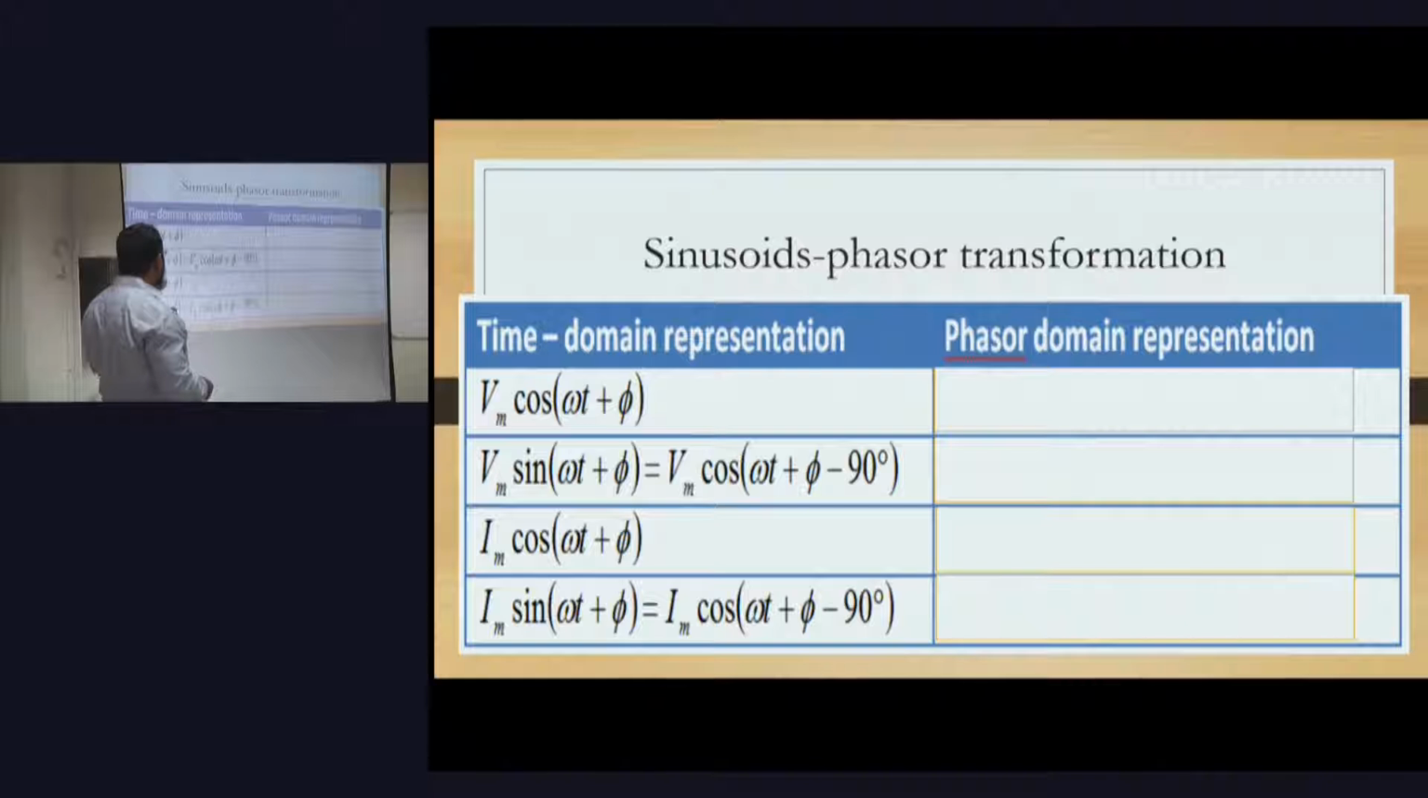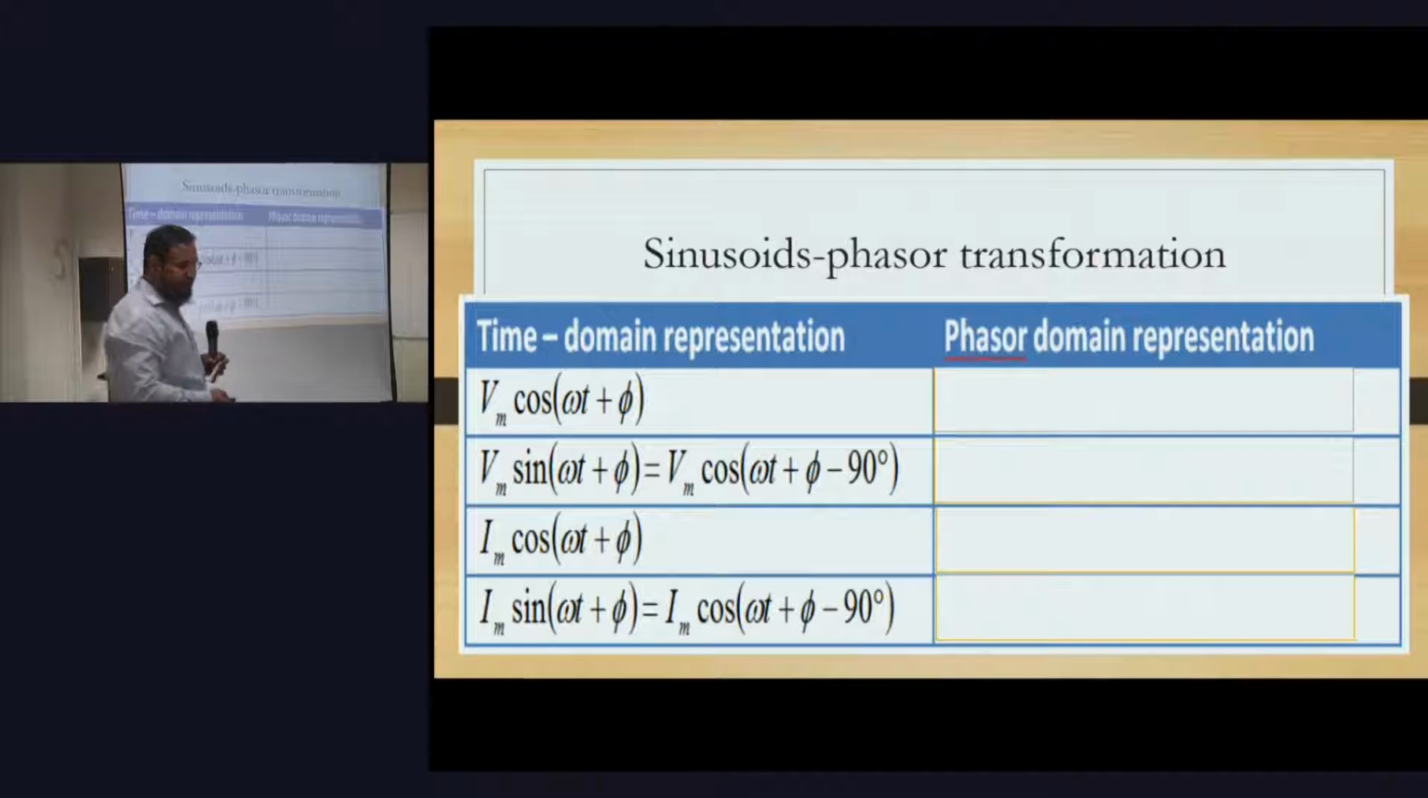Sinusoids, phasor transformation. Can you convert this? Can you represent this into phasor? For example, let's consider this one. This one would be Vm phi. Remember, cosine. You express the waveform as a function of cos, and you take the angle, pure and simple, that